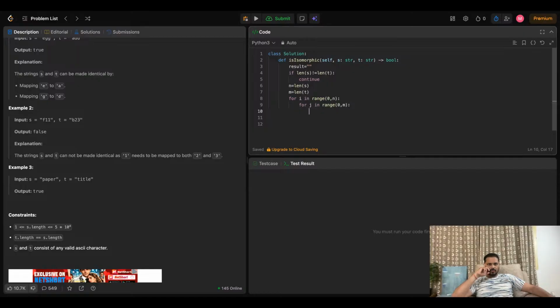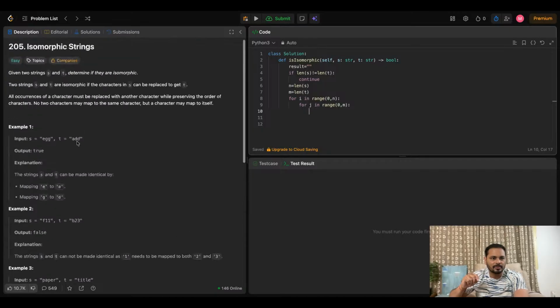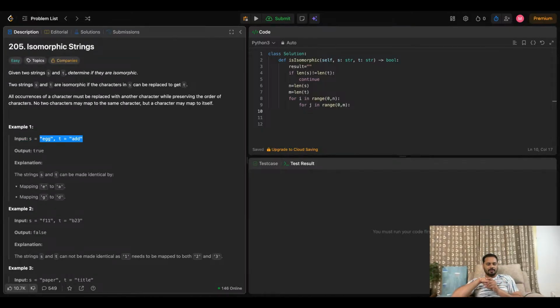I want a letter of t, and I'll try to map that letter of s to get t. So I'll just replace j to s of i,